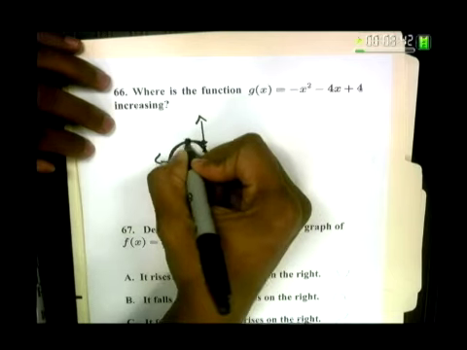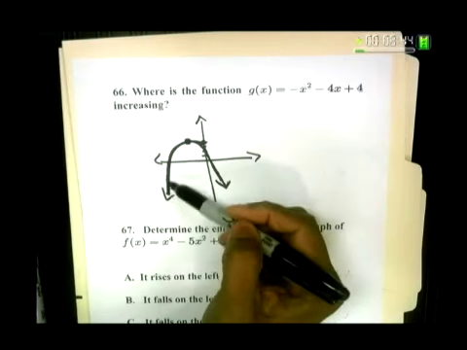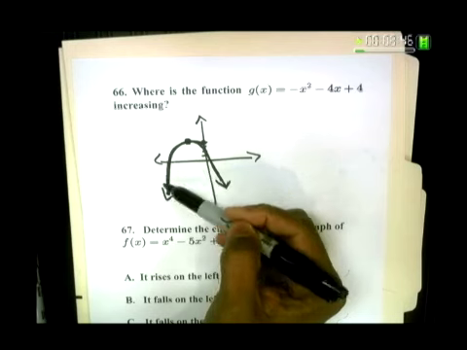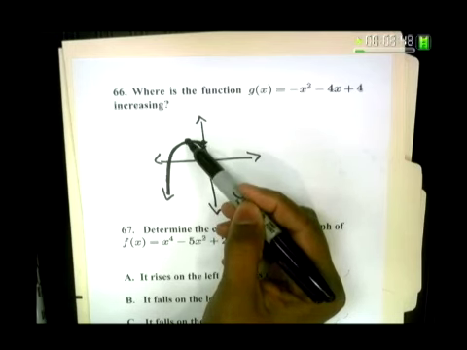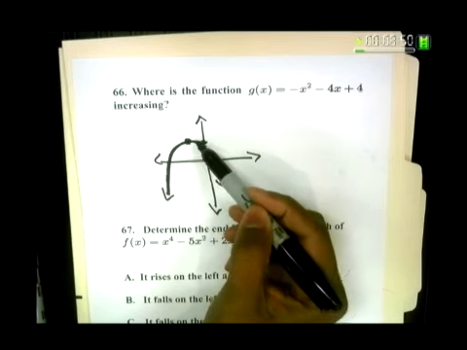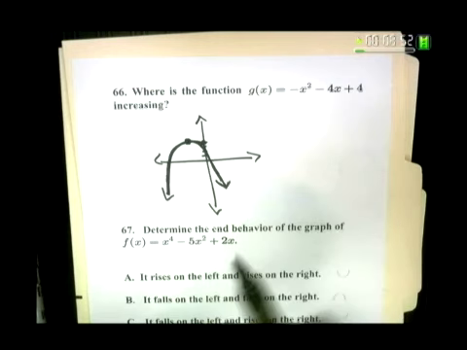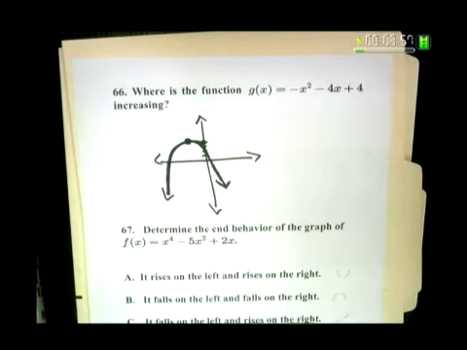Right? At the vertex, so from here to here, this parabola from negative infinity to the turning point, it's increasing, and then it starts decreasing from the vertex to positive infinity, right? So even though I don't have a graph in this picture, you have to use what you know about quadratics and what you know about parabolas. I know that it's a parabola that opens down, okay? I know that the vertex is the highest point, and at that point, the graph changes from increasing to decreasing,